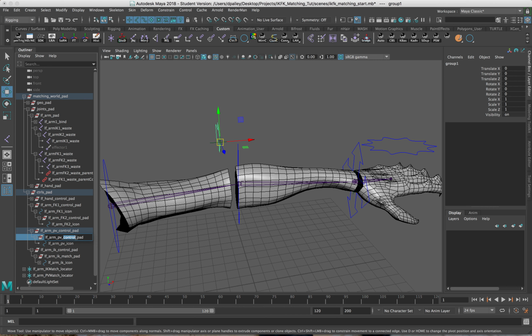Arm PB match pad. There we go. All right, so now I have the groups for the IK controls. So now we can go through the constraining process. So for the IK control here, I select that locator,